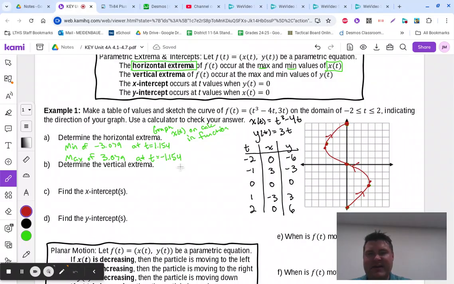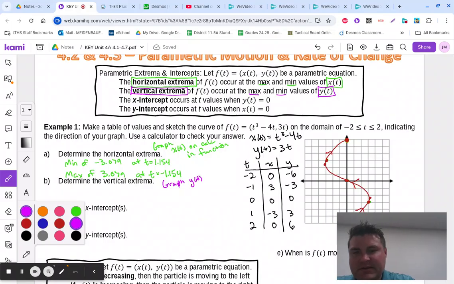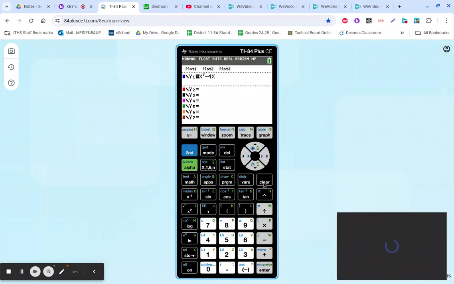Okay. Finding the vertical extrema. So up in the box right here, vertical extrema. We're looking at maximums and minimums of y of t. So what we're going to do here is graph y of t in the calc in function mode. Forgot to add the word mode up here. Okay. This one we should know. This is a line. Okay. So when I graph this